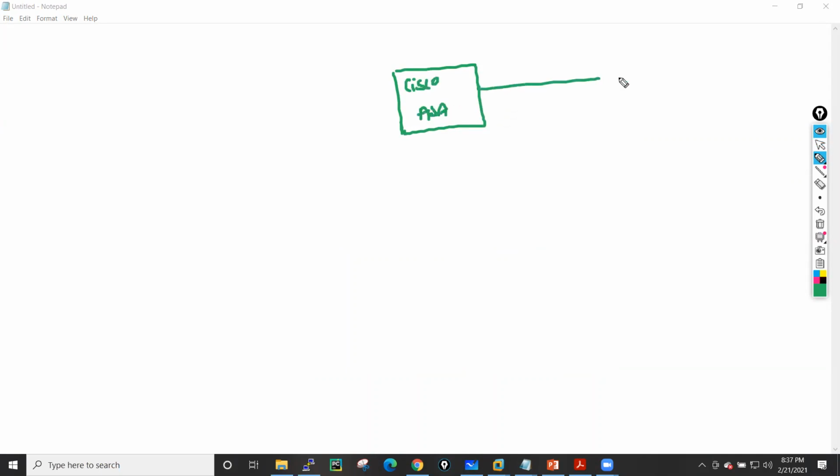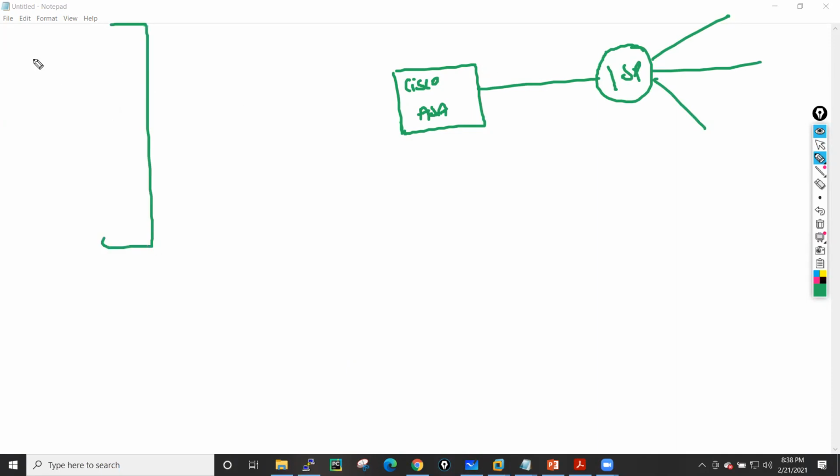That firewall has connectivity with your internet service provider, which has connectivity with the internet. Behind this firewall, you have your LAN network and your DMZ network.